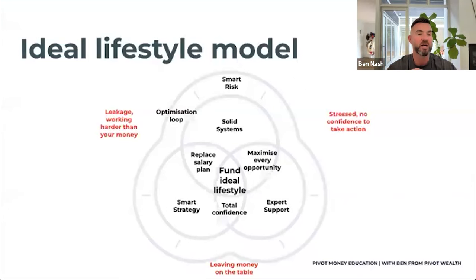And again, you can just pop it into the chat. If you're a red when it comes to smart risk, you're probably unclear on the different risks that are out there with your investments. Maybe being a little bit fearful of risk has stopped you from investing in the past. And an orange would probably be that you're doing some things, but you've got a bit of uncertainty and you're not 100% sure if you're really making the absolute most of the opportunity to be growing your money.